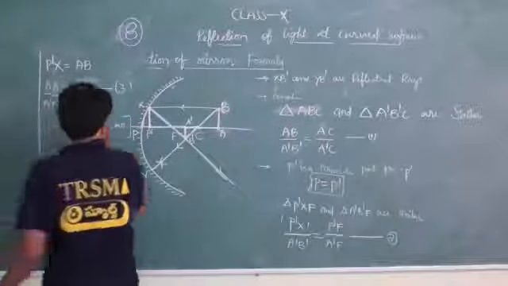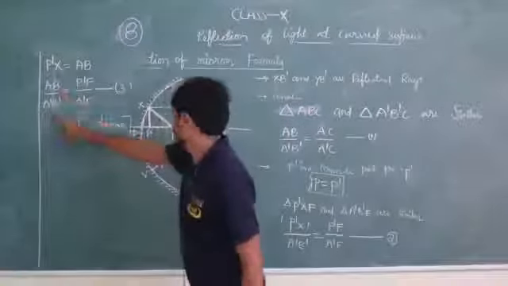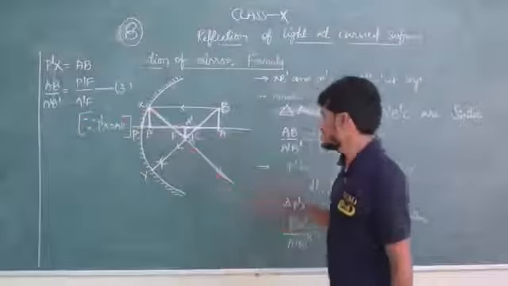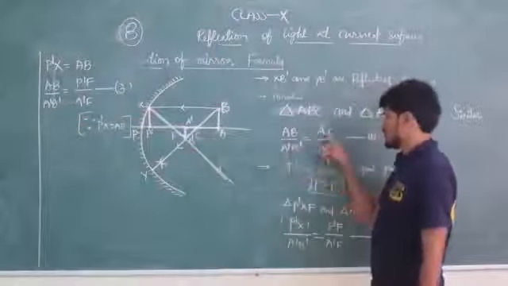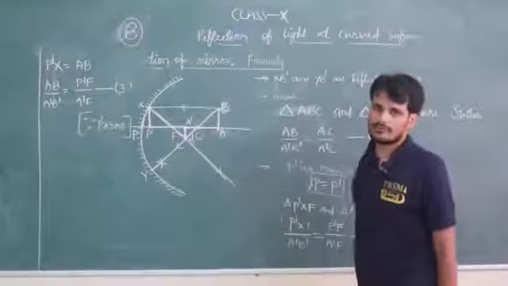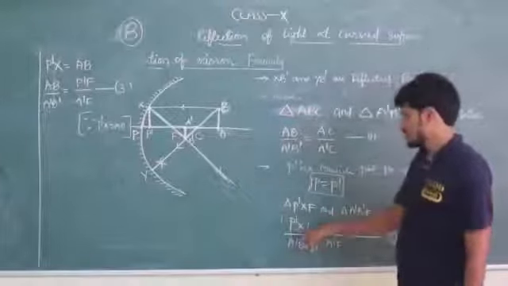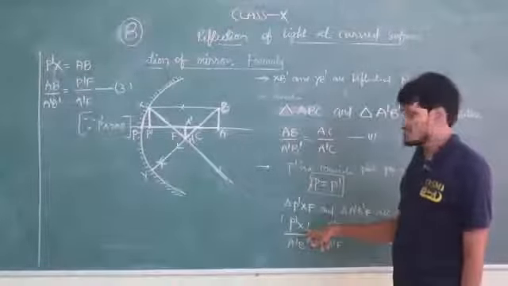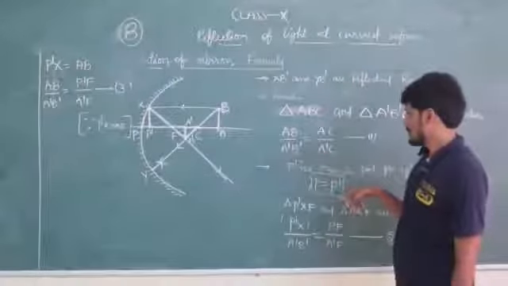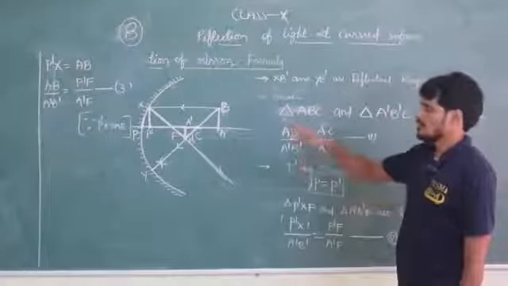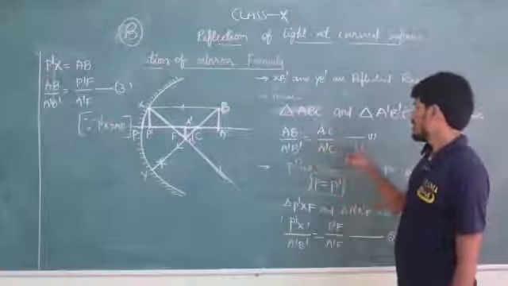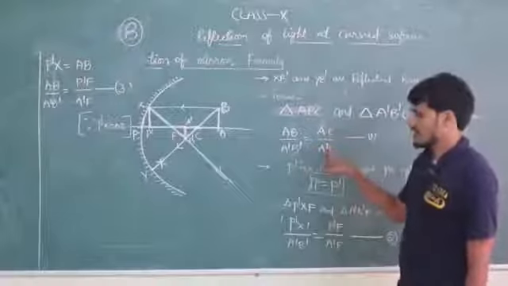Again AB by A dash B dash. See here, AB by A dash B dash. It is from equation number 1. What is the value of AB by A dash B dash? AB by A dash B dash equals AC by A dash C. Now I am going to change equation number 3 also. Equation number 2 changed P dash x, instead we used AB. Now instead of AB by A dash B dash, we are going to use equation number 1. What is the value of that? AC by A dash C.